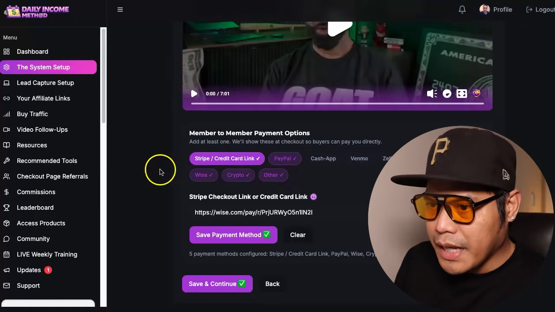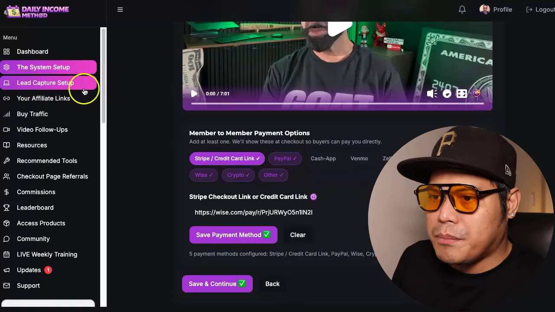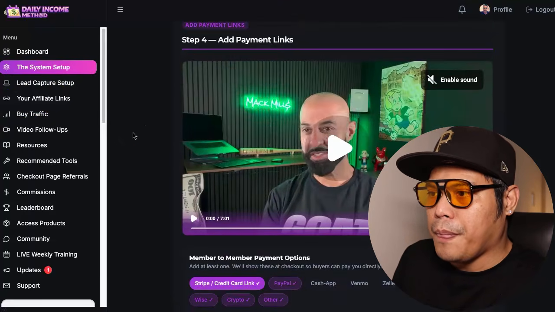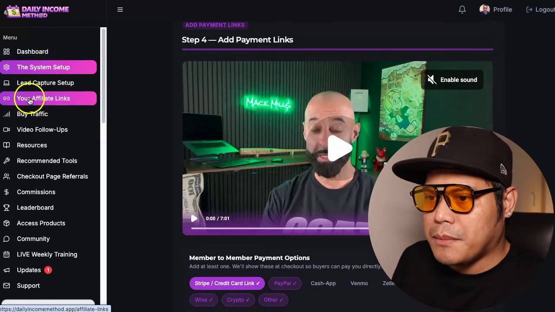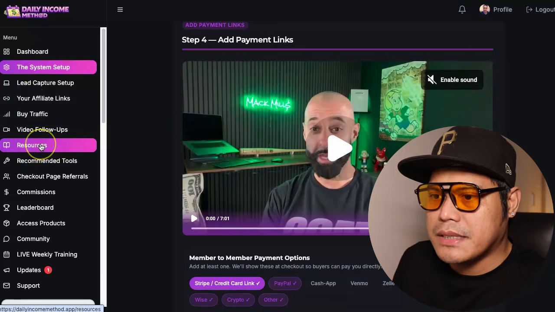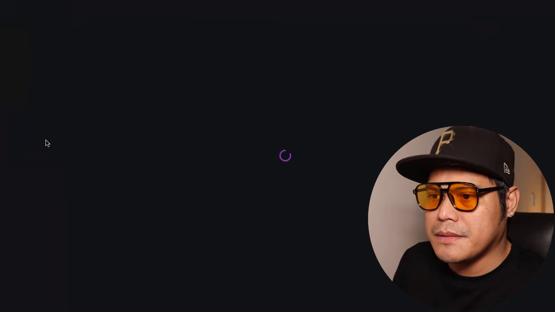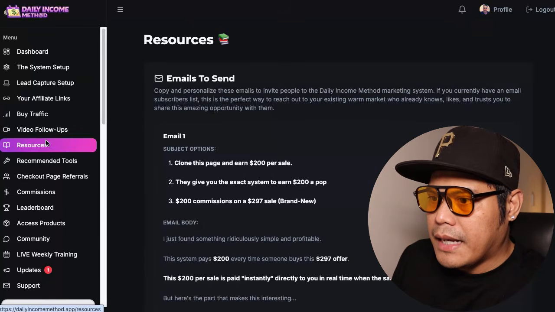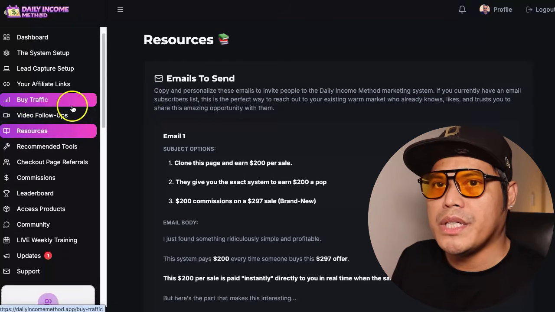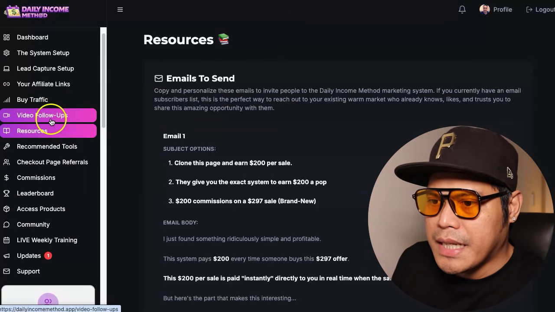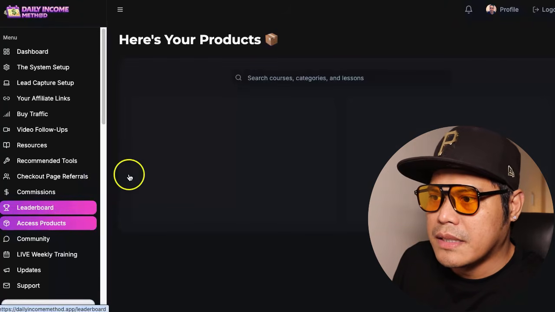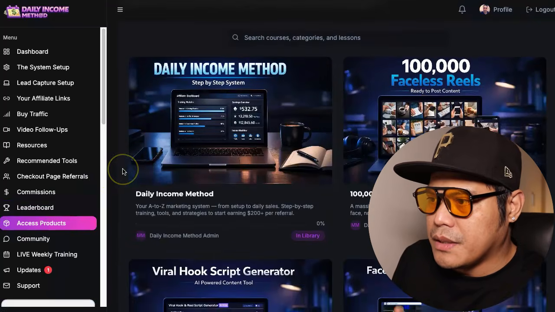Once you do that, you go to the part where it says lead capture page setup and then the affiliate links. Now, once you complete all this setup, there's a place here where it says resources. These are the emails that you want to use for the email follow-up, which I already explained in my previous video. And then in the section where it says access products,